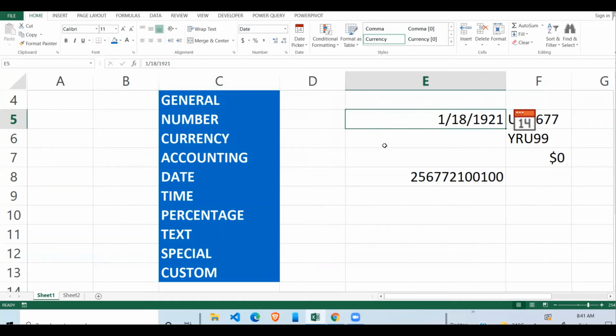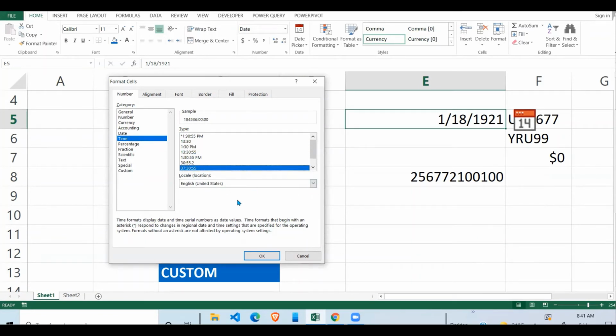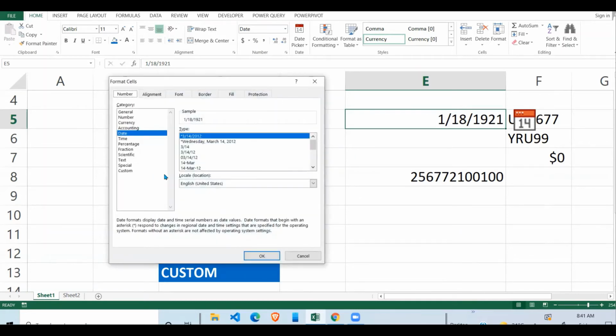Control 1 again. Then the time is easy. You can just select the time here. There's also UK or US. It's giving me that. Control 1. Now, if I go back to the date,